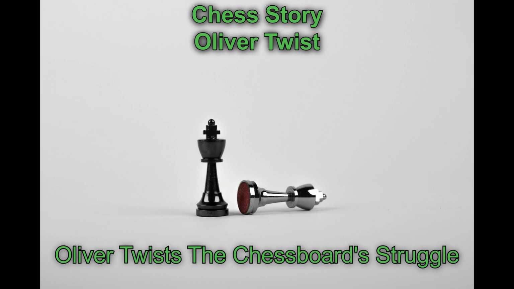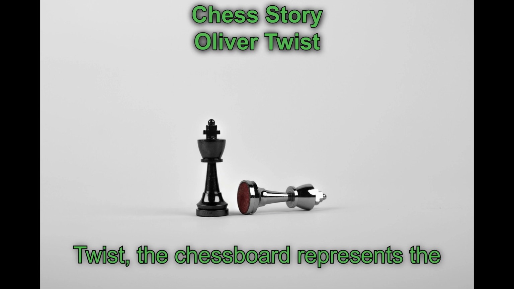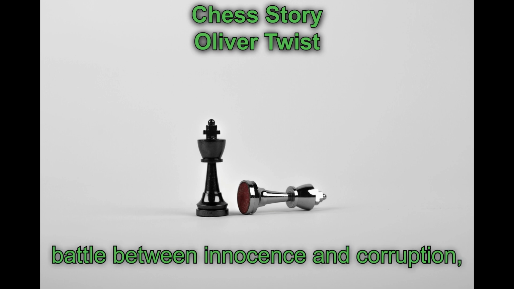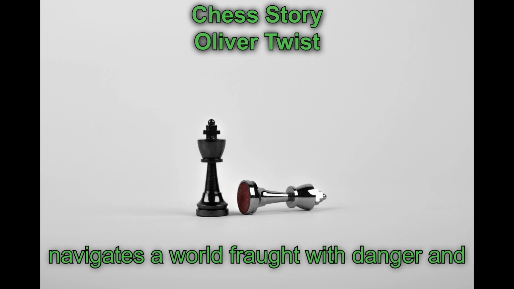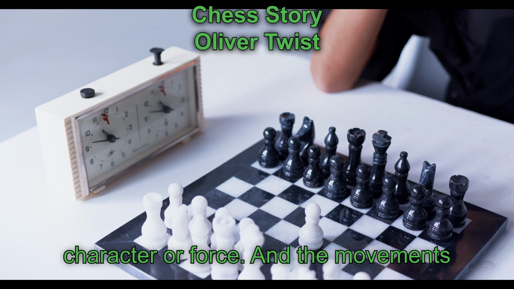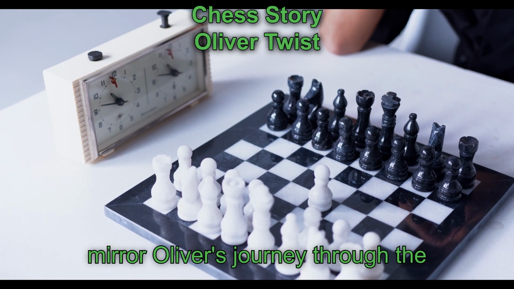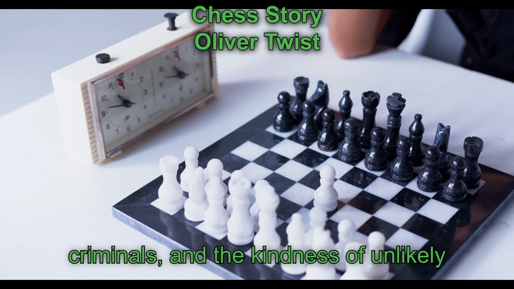Oliver Twist: the chessboard, a struggle of innocence and corruption. In Oliver Twist, the chessboard represents the battle between innocence and corruption, virtue and vice. As young Oliver navigates a world fraught with danger and deception, each piece represents a character or force. And the movements mirror Oliver's journey through the streets of London, the schemes of criminals and the kindness of unlikely